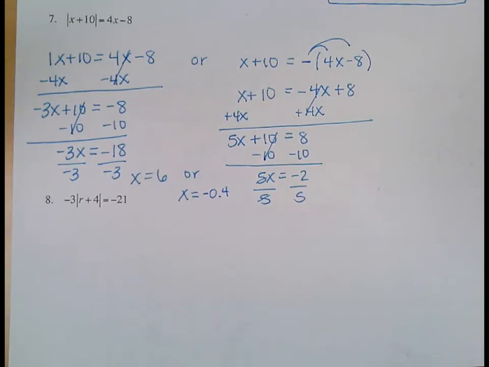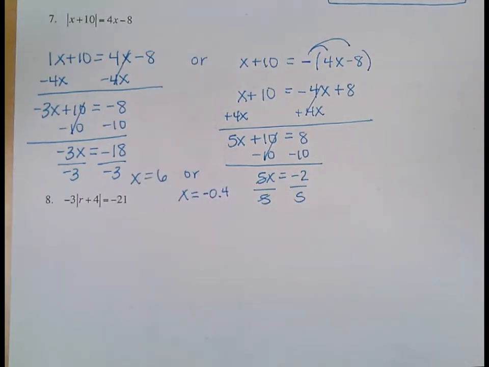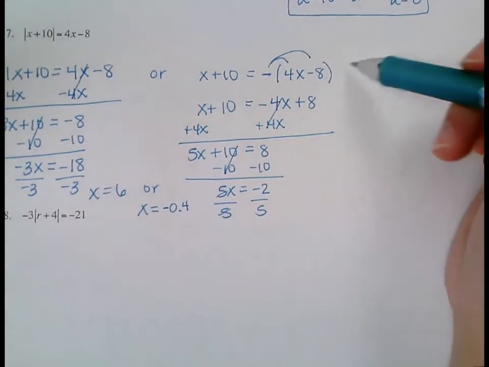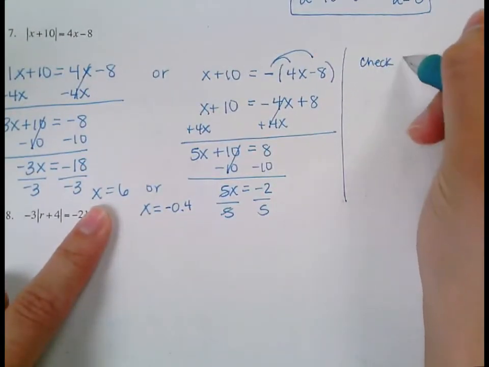Now this one, and I just know this ahead of time, I picked this example on purpose. If I were to not check my answers and I just left this, my answer is wrong. Because one of these doesn't actually work. And I'll explain why. So I'm actually going to show the check for this one because one of them is not going to work. So if I checked x equals 6,